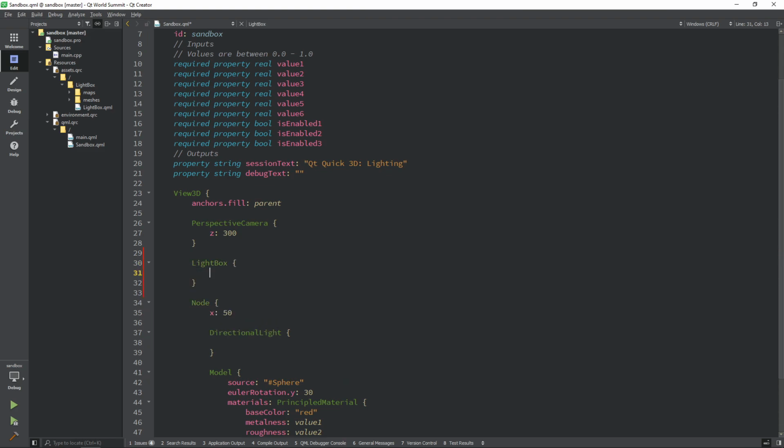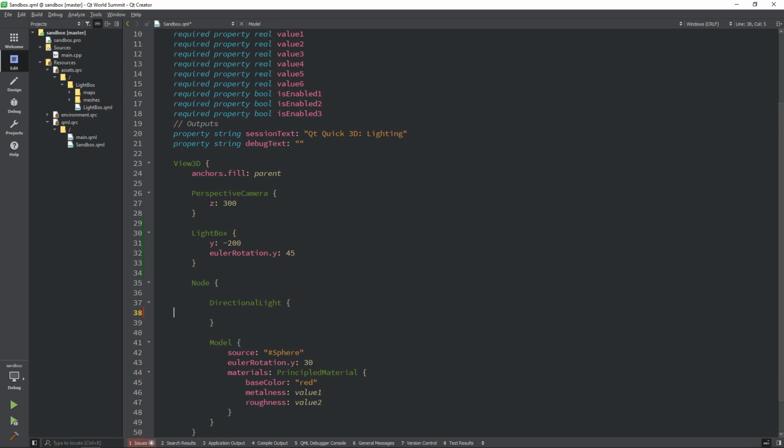And the first thing is I need to actually position this item. So I'm going to move this down a bit because everything's already at position 0. And I'm going to rotate it by 45 degrees, kind of like how I had in the Blender view. So 45. I'm going to get rid of this 50 offset that we did previously. And then finally,